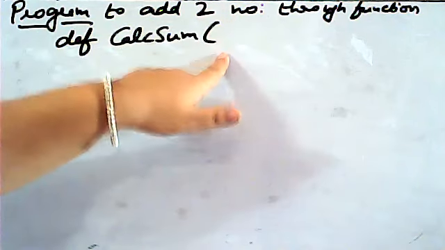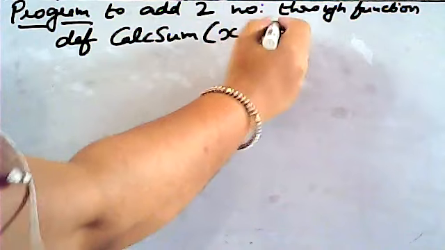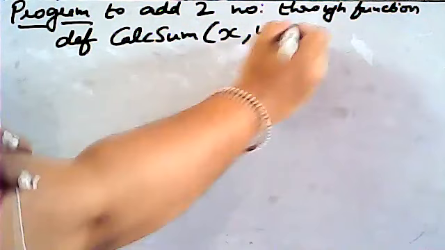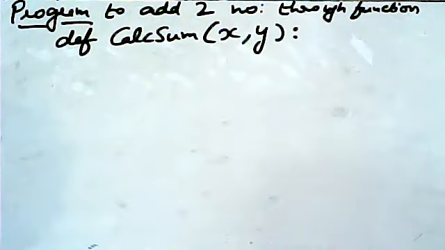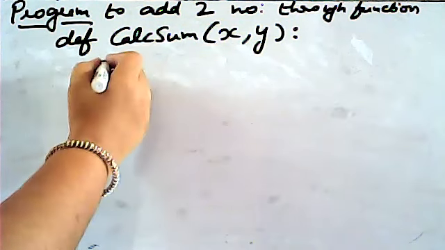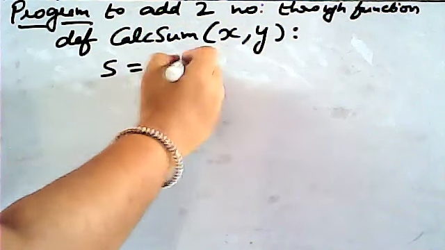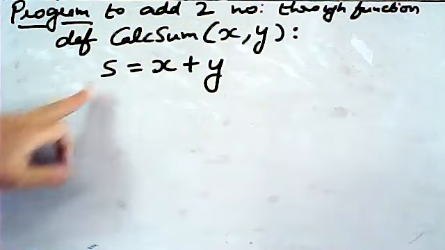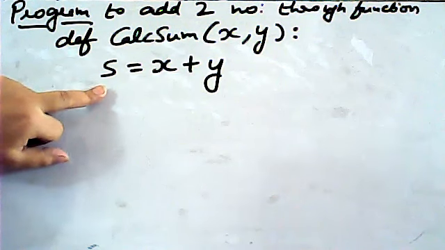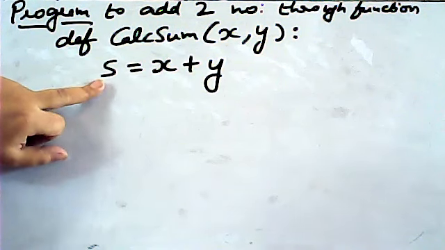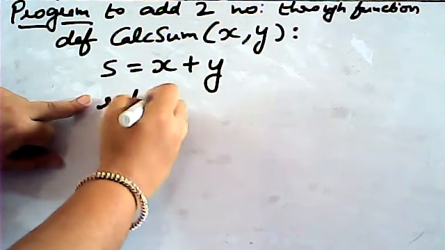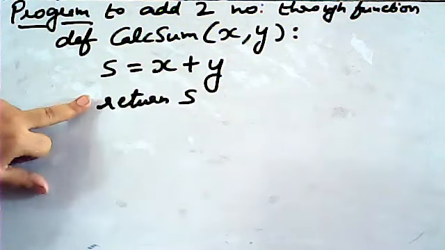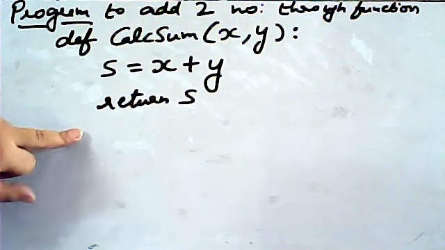So there are two numbers, add two numbers. So obviously in this we have to put two arguments. I put x comma y, and after that, to finish the line, I just put a colon here. So how you can add? You put the result in any variable. So I take an s here for the sum. I already told, if you want to print anything, you have to write a return. So I just write return s.